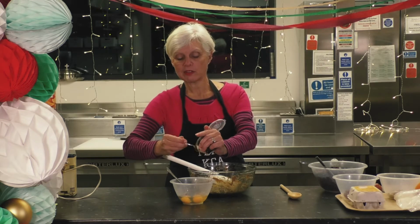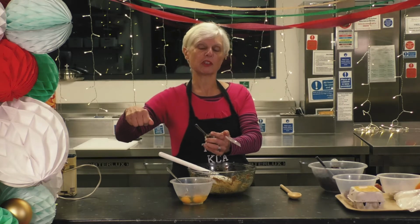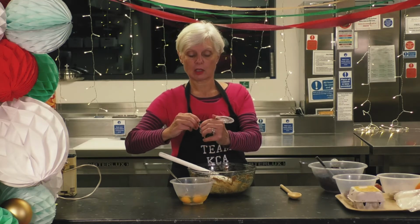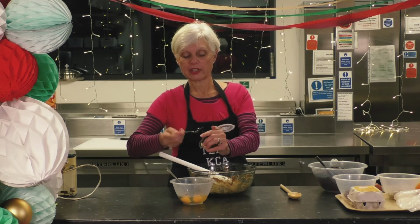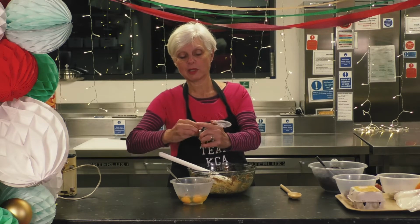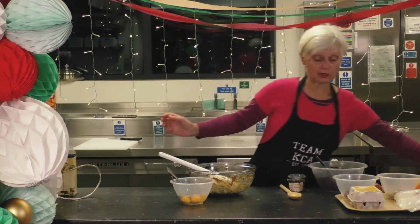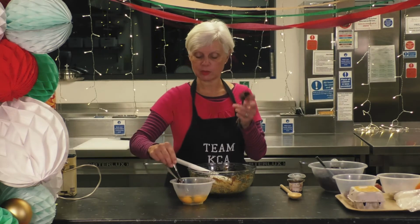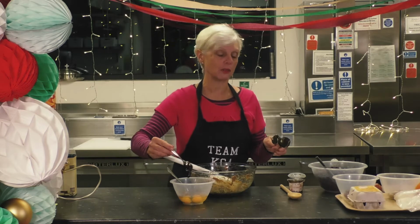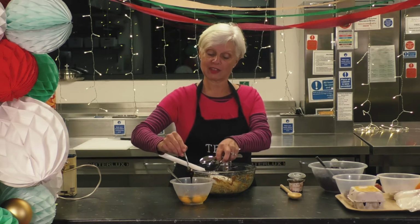A tip, if you're getting it straight out of your tin, is if you run your spoon under water first, it won't stick to the spoon as much. Or warm the tin is another way of doing it, but I should have told you that first. So anyway, you just need a dessert spoon. And actually, I'll just mention that. So with spoons, you have teaspoons, dessert spoons and tablespoons, and they're actually measurements. So a teaspoon is 5 mils, a dessert spoon is 10 mils, and a tablespoon is 15 mils. So if that's ever handy,